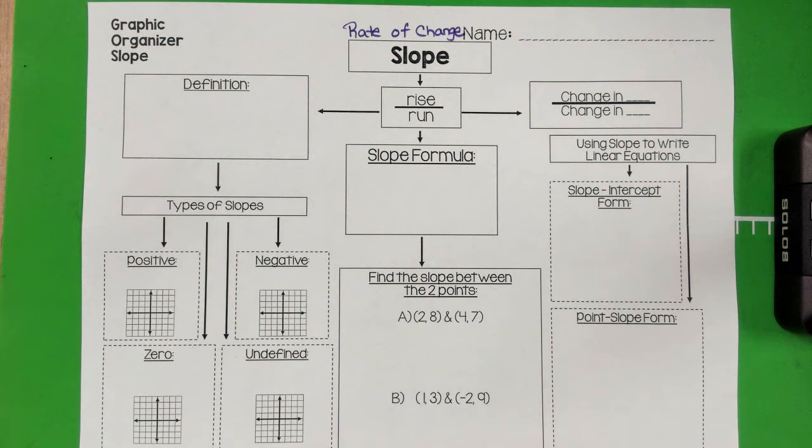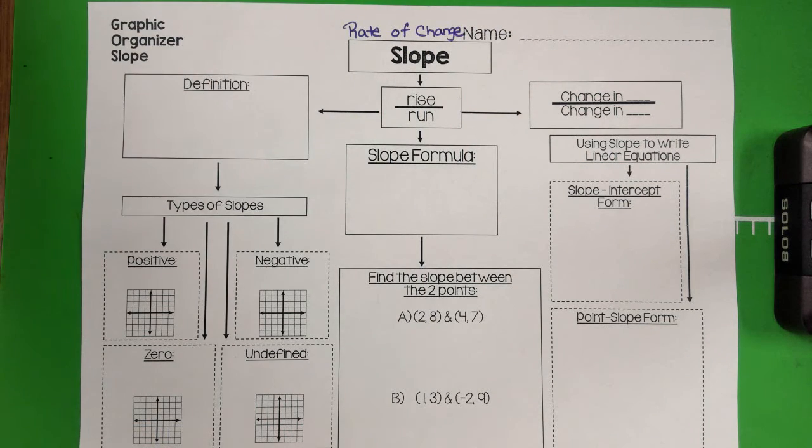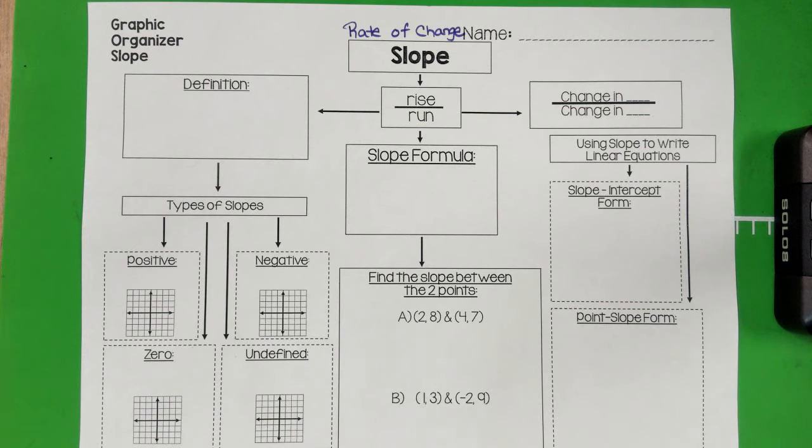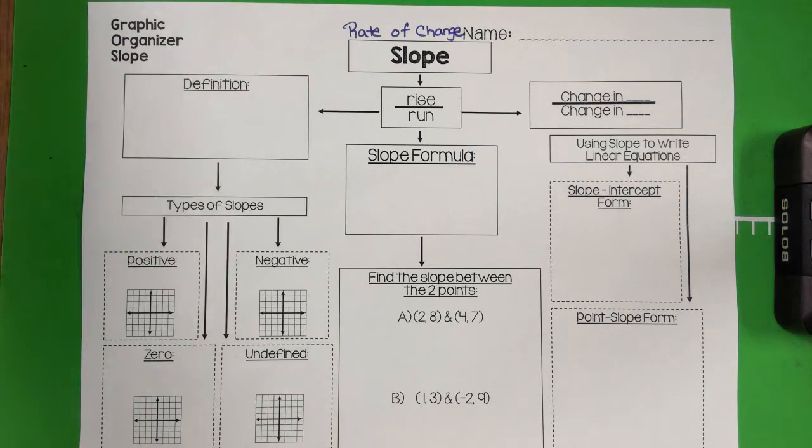Because we've been talking about slope for the last 3 or 4 days, but we haven't called it slope. We've called it rate of change, and I just want you to realize that it is the same thing. We are still talking about moving up and over. So when we talk about the definition,